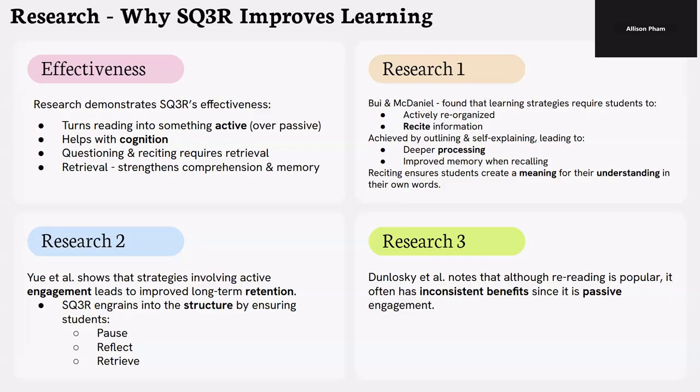Moving on to my next article that I'm citing, it focuses on how basically strategies involve active engagement, meaning that it will lead to long-term retention. This means that it is able to space things a little bit more out rather than crunching things together, such as, for example, rereading content, which isn't necessarily as effective. Covered in research article number 3, it focuses on how basically, even though rereading is very popular, it may not necessarily always be super helpful, especially because it's more of a passive type of strategy rather than active.